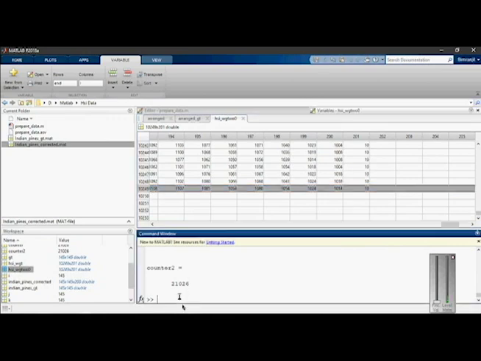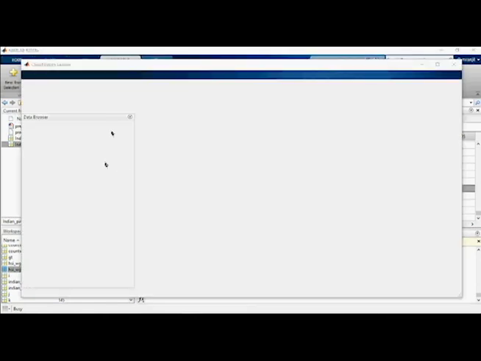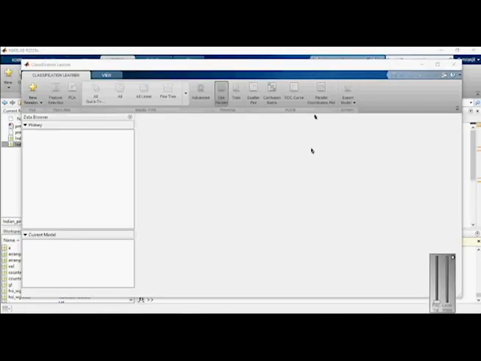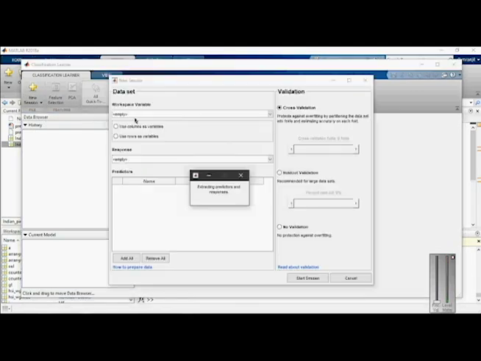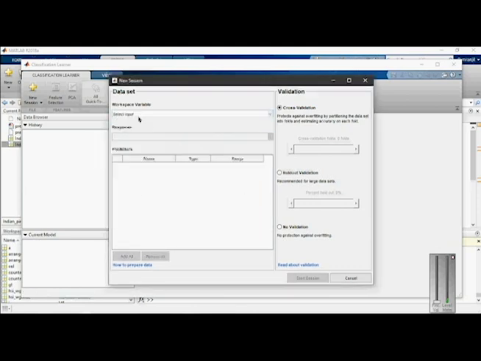Now you just have to type here classification learner. It will take some time to load. Then click New Session, From Workspace, and in the workspace you have to select the variable which has no background.